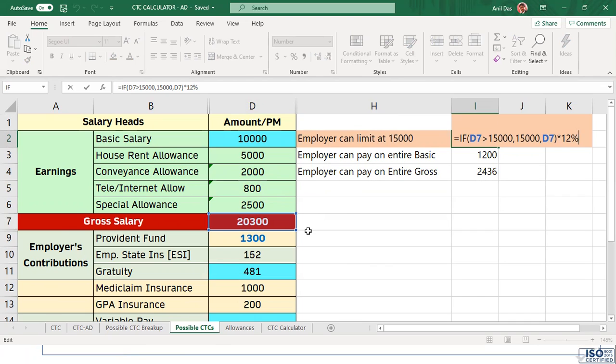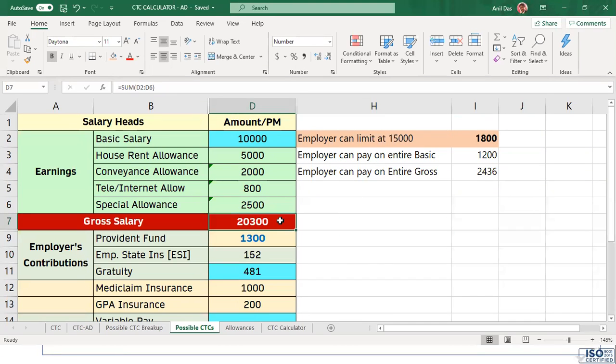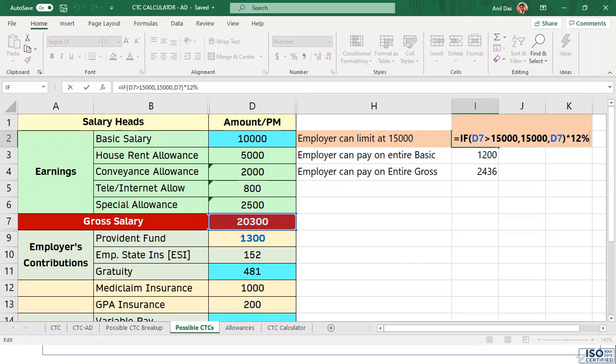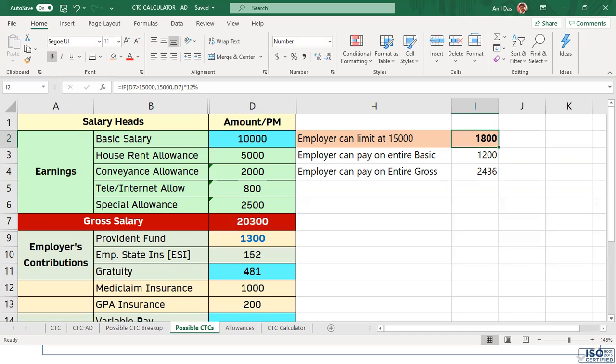Okay. So if it is less than 15, there is no choice. If it is more than 15, you can limit your contribution on 15. So the formula says that only. If it is more than 15, calculate on 15. If it is less, then calculate on the exact lesser amount. Okay. Anyone has any query? So on contributions calculation, we are clear?